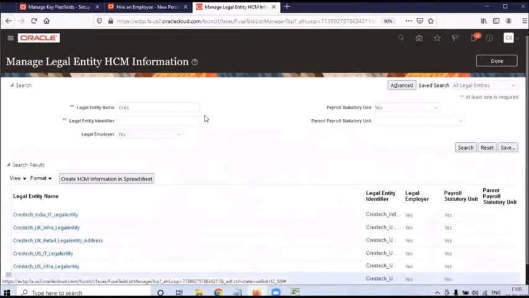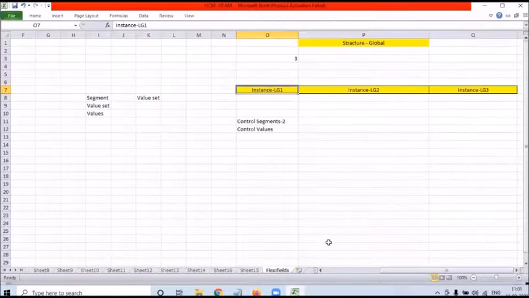So how can we control the values? It means we can override the value sets at the instance level. You can override the value sets. So how can I do that? So here